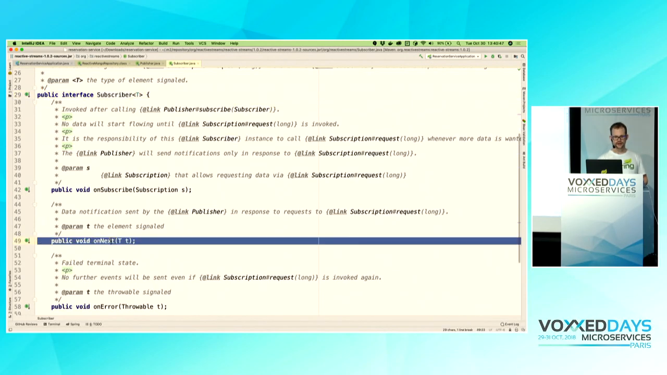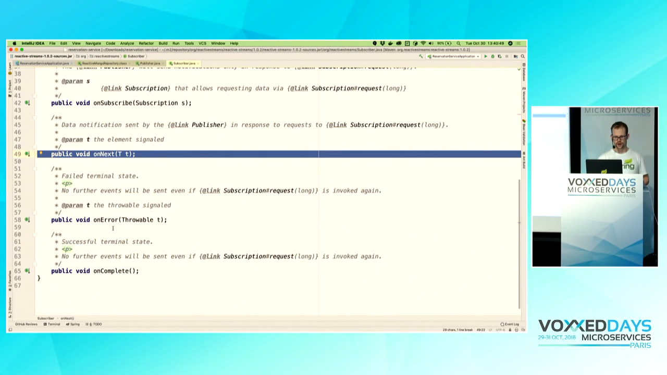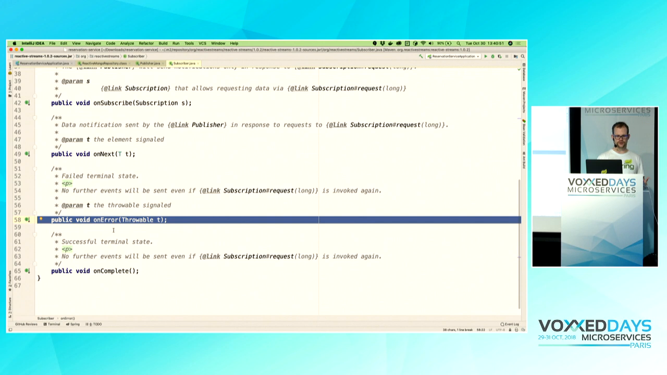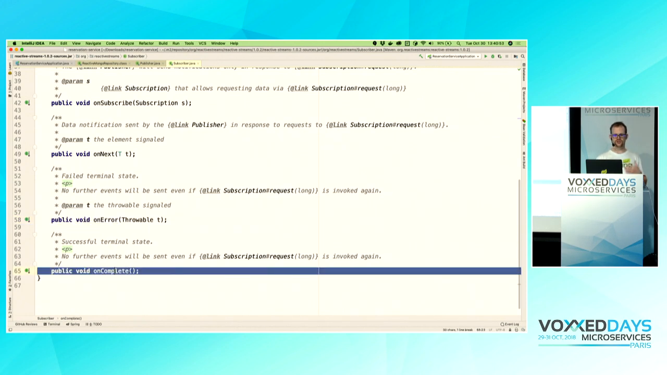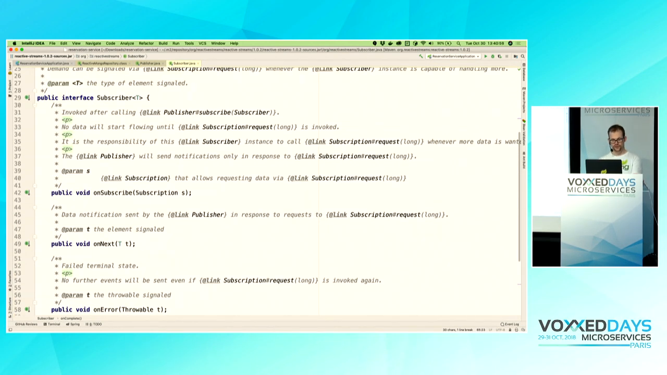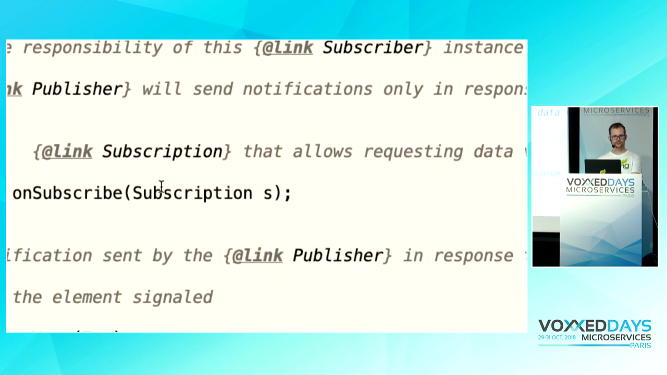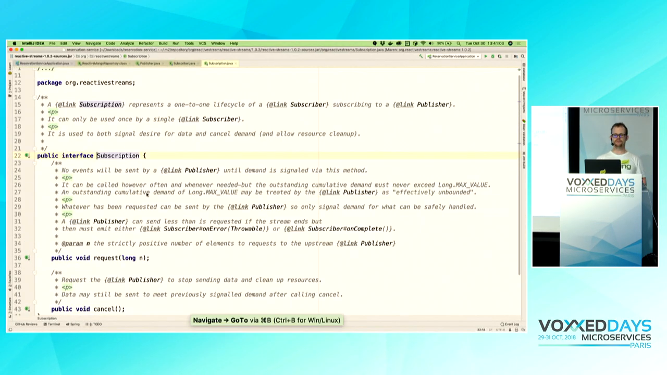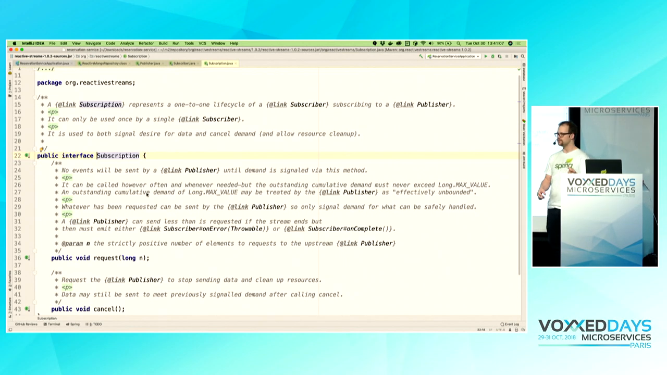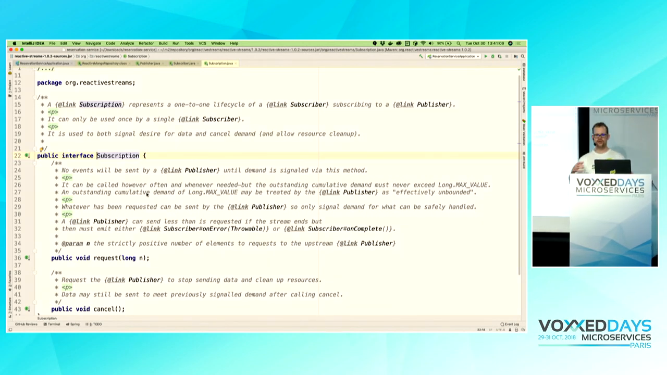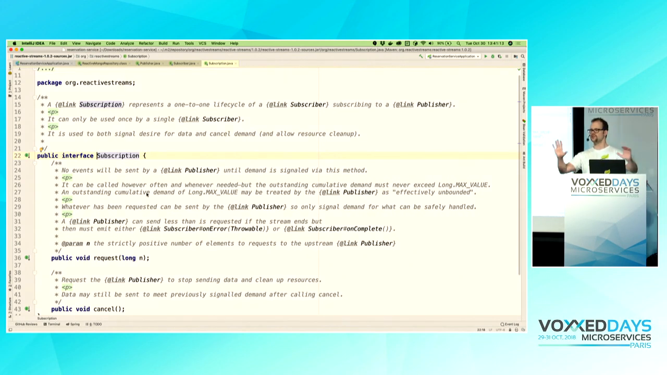Whenever there is a new item, the onNext method is called. Whenever there is an error, the onError method is called. And when we are done processing the data normally, non-exceptionally, the onComplete method gets called. Now, I skipped over this one. I skipped over onSubscribe. onSubscribe is the most important one because this gives us a subscription. A subscription is a thing that we can use as a consumer to tell the producer to stop or to